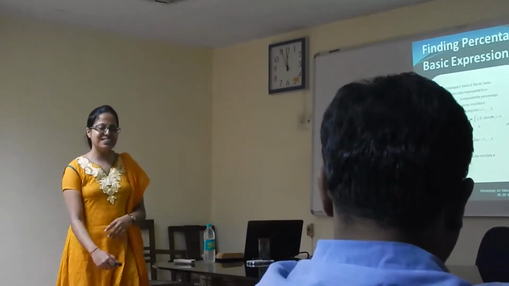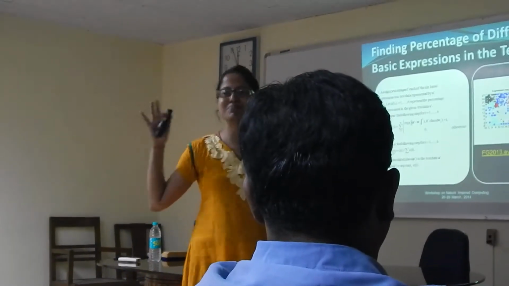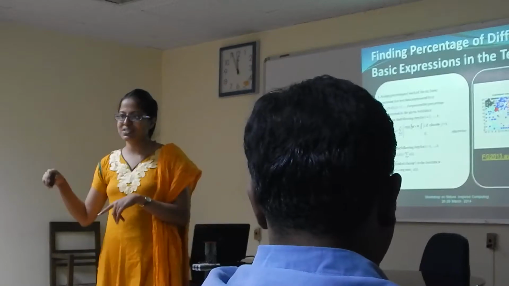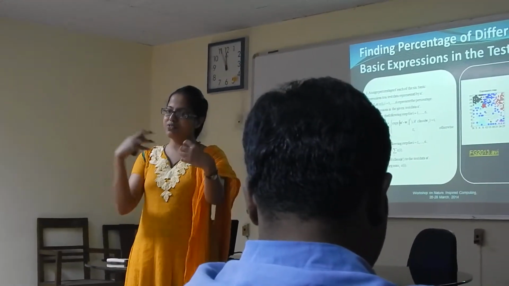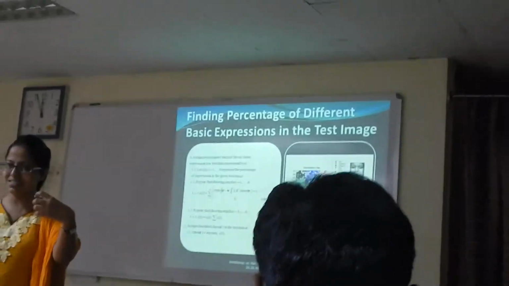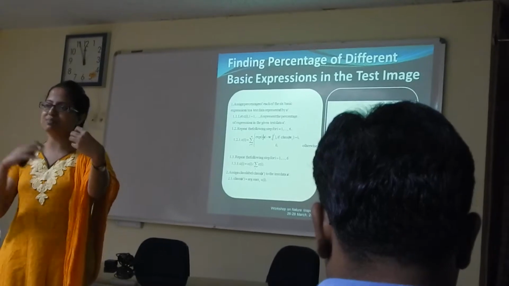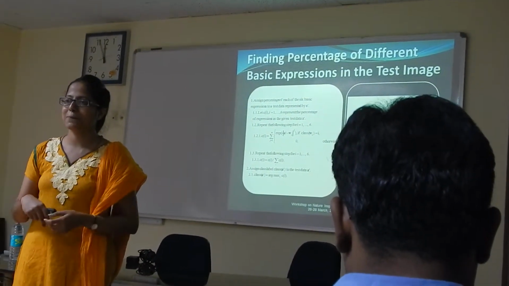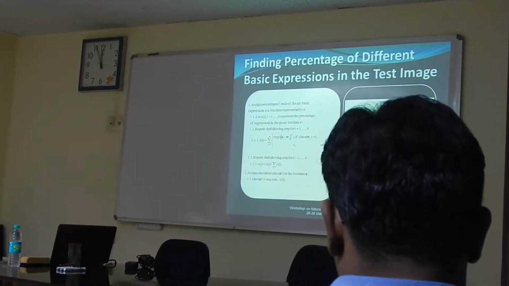When there are two candidates in an election, the people vote and the person who gets the maximum votes becomes the minister, right? Here it's the same thing. There are a number of inputs. For each neuron, some inputs are voting for the six expressions. The expression that gets the maximum number of votes is the label of that neuron. Clear? This is how we label each of the neurons.